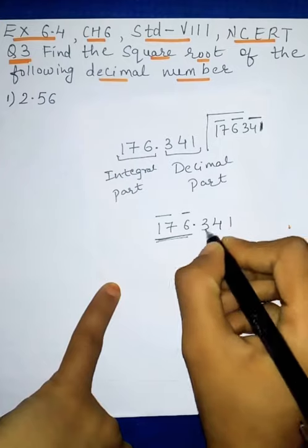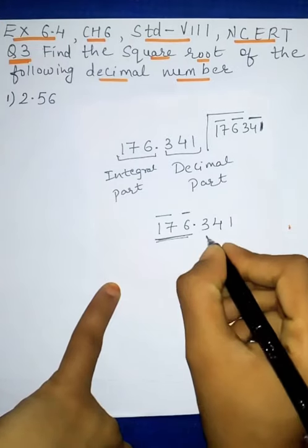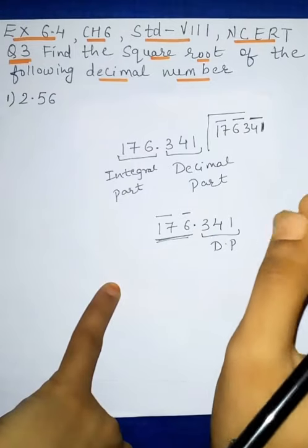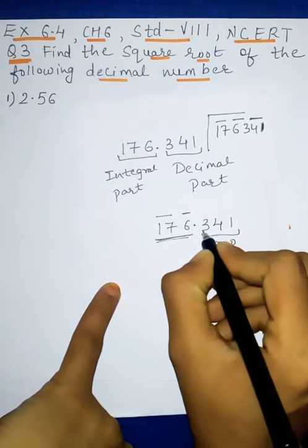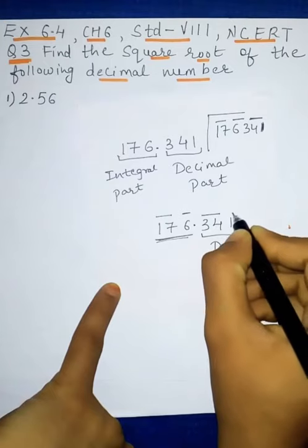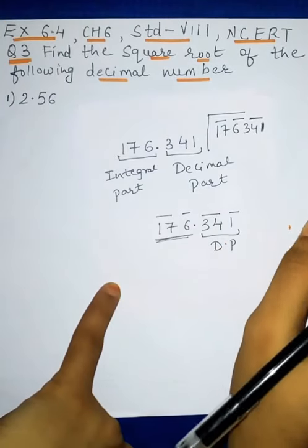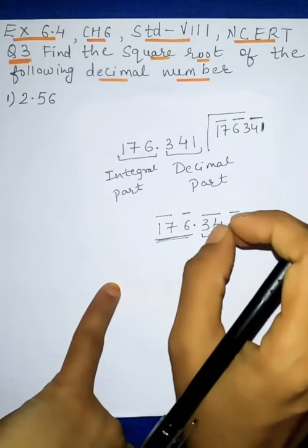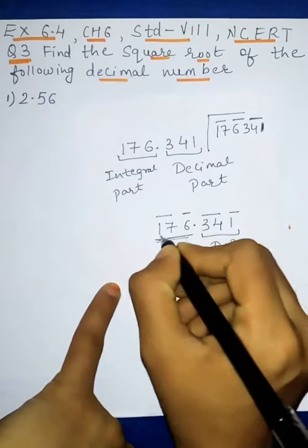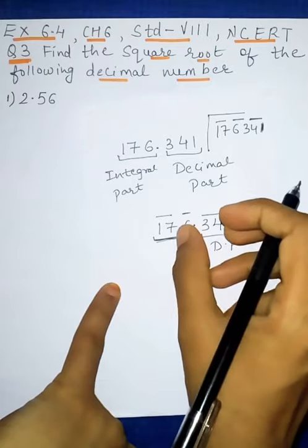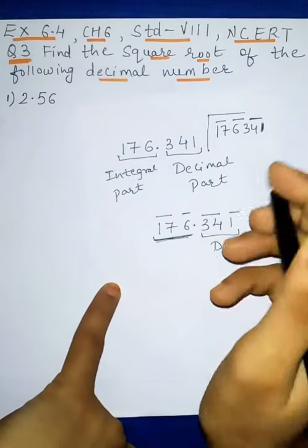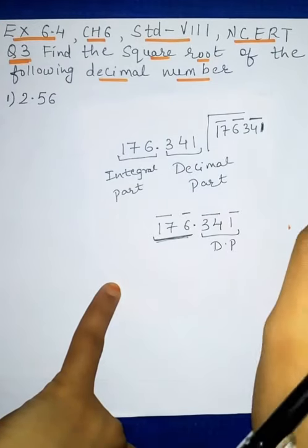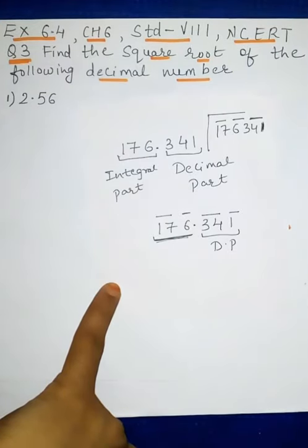And after the decimal point, this part which is the decimal part, we start drawing the bar from the beginning, from this 34 and then this 1. So this way we will draw the bars in decimal numbers. ये जो नंबर है जो पॉइंट के पहले है, तो वहां पे पीछे से स्टार्ट करेंगे. ओके, एंड ये जो नंबर है जो पॉइंट के बाद है, वहां पे स्टार्टिंग से ही बार ड्रॉ करना स्टार्ट करेंगे. सो दिस वे वी विल ड्रॉ द बार्स.